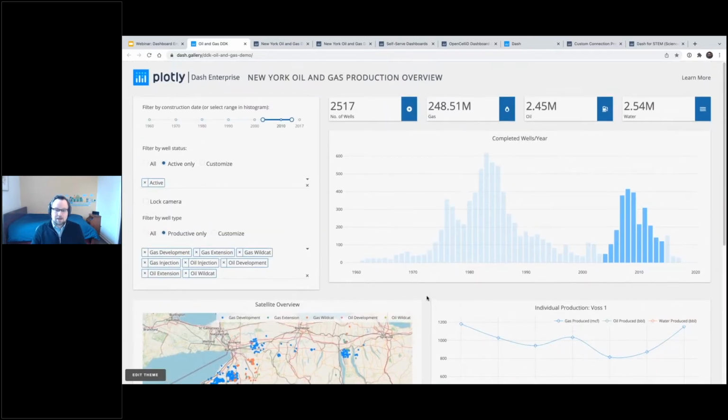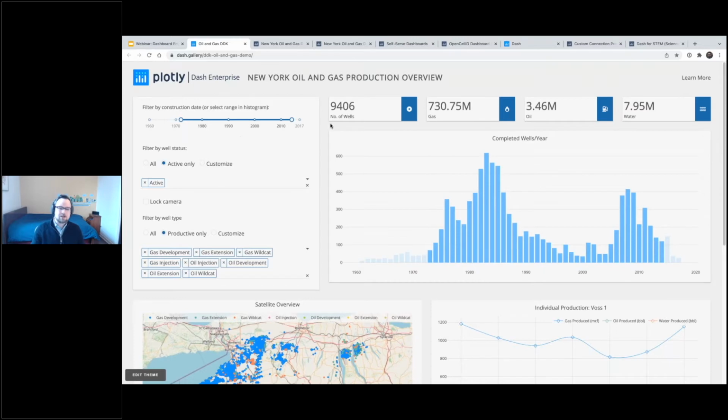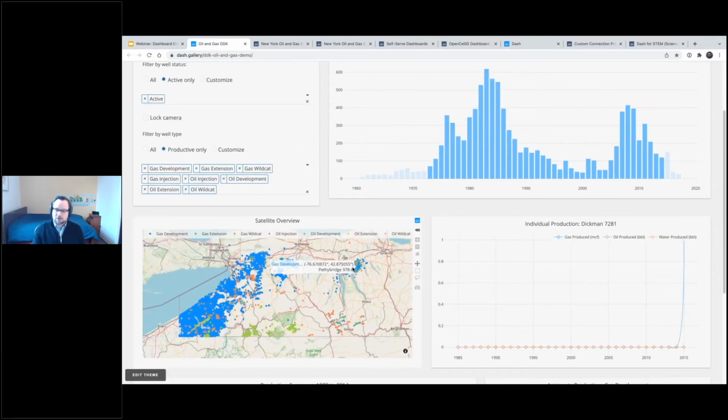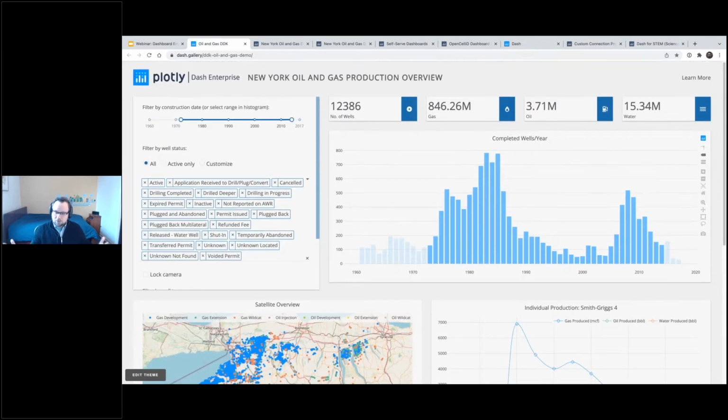The way that this app is interactive is that all of these widgets and data views are connected to each other. You can see a little bit of the timeline has been selected here. If I select a wider range, everything will update. The slider updates, the number of wells updates, the map updates. I can hover over various points in the map here, and this line chart updates. I can choose to look at all wells, not just active ones. So this is a pretty typical